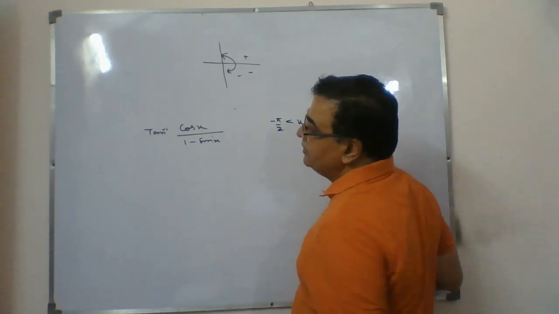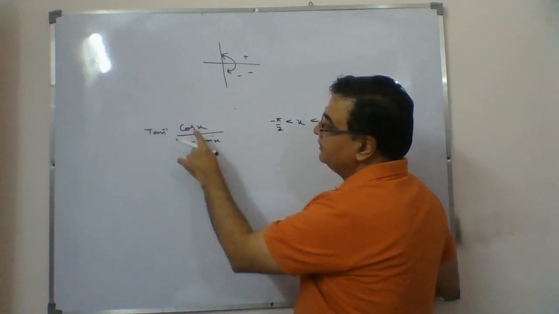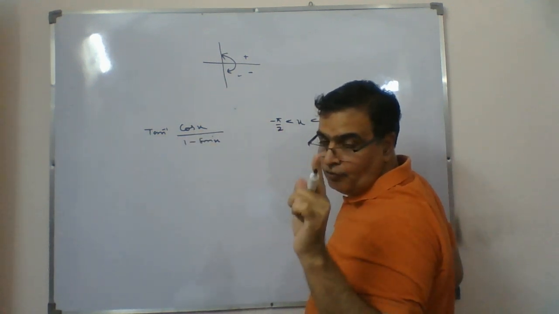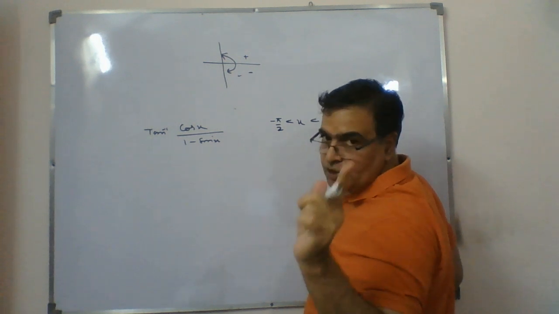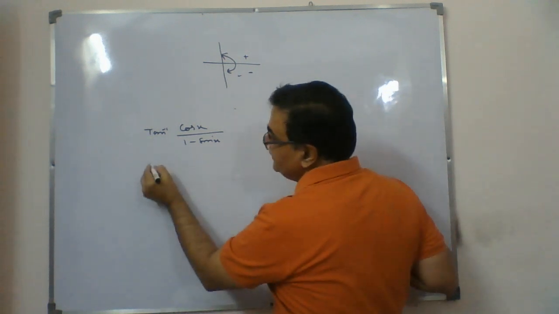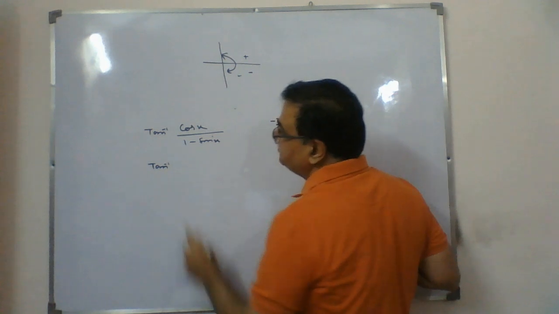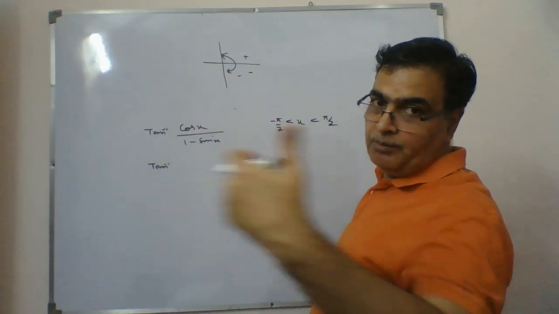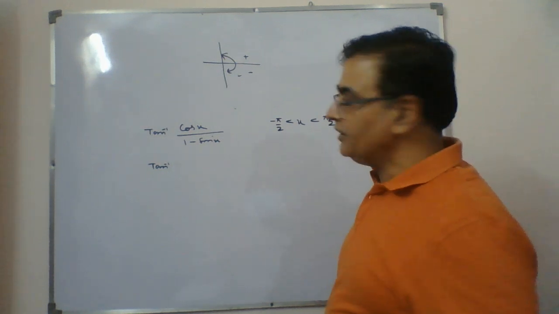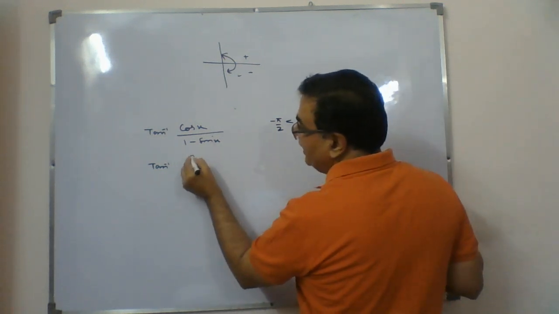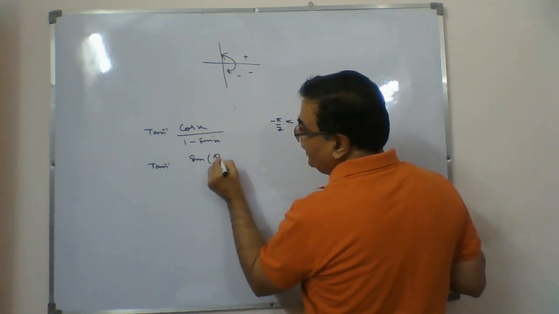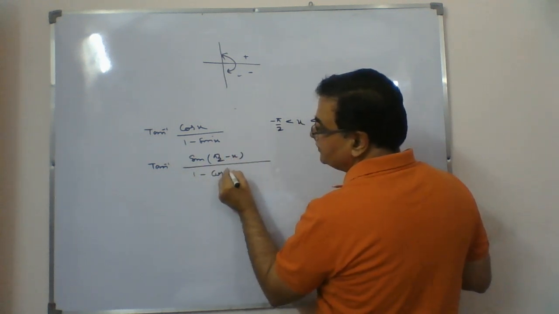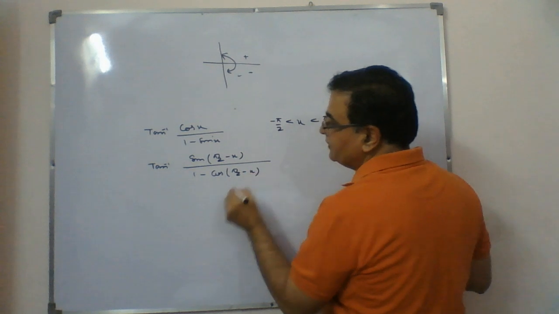Now keep in mind, the first thing when you start: cos is here. Cos we always want in terms of 1 plus, and sine should be independent. So we change this question this way, because I told you the formulas 1 plus cos 2 theta and 1 minus cos 2 theta, so 1 should be there. Just to get that, I'll write this as sine of pi by 2 minus x, so it will be 1 minus cos of pi by 2 minus x.